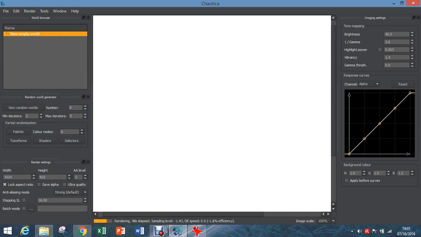Then these render settings are all about the quality of the image that you will get when you are finished working and when you save your fractal as an image. So we've got the width and the height here, that's pretty straightforward. Right now I can't personally go over 1024 because I haven't paid for the full license, so I'm limited to this, but if you've paid you can increase this. Right, then the AA level,